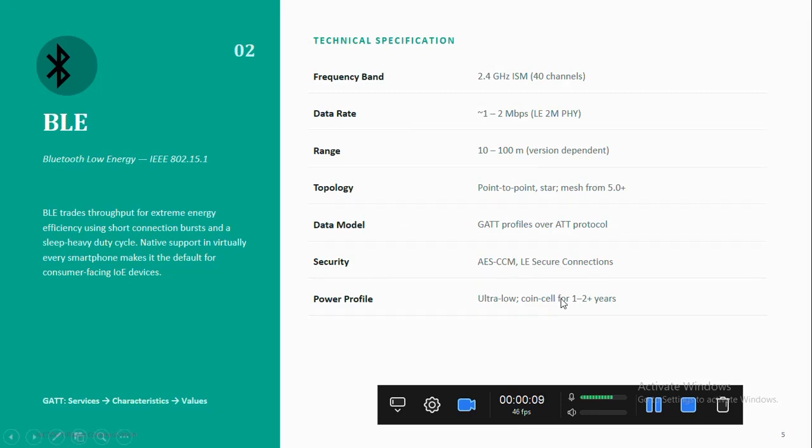Okay, so now we will start with Bluetooth Low Energy, which is a trade-off for Zigbee, and Bluetooth trades throughout this short-range communication. In this short-range communication, we always work with more extreme energy constraints. One such extreme energy constraint is this Bluetooth Low Energy